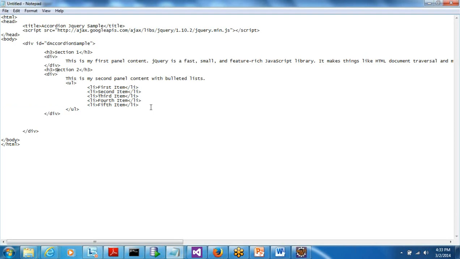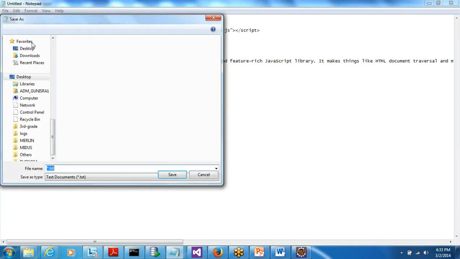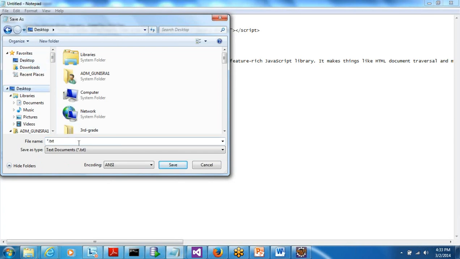Okay, then I'll have another section, another header, within which I'll have another div. Along with it, I'll have another div. And I'll close this div. So far, we haven't used any of the jQuery functions. I'm going to call it as